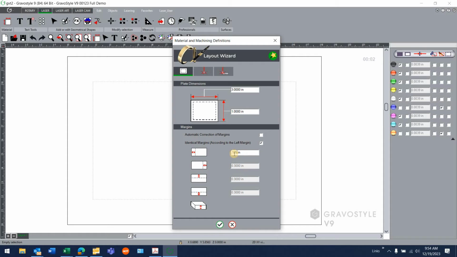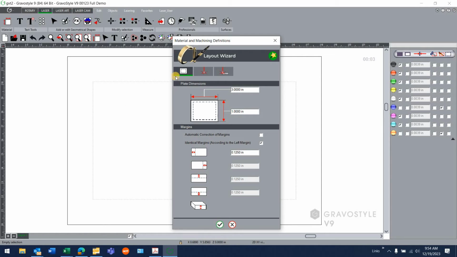Now if for some reason you need to make the left margin or the right margin, top, bottom, different from another, you uncheck both boxes, and then I can go in here and edit each one individually. So if I was putting a logo on the left side of this plate, I could increase my left margin, and make it larger to accommodate that logo, for instance. All right. In this case, I want my margins to be the same all the way around, so I'll just leave that checked. Now, you could go ahead and OK this here by hitting the check mark, and it will